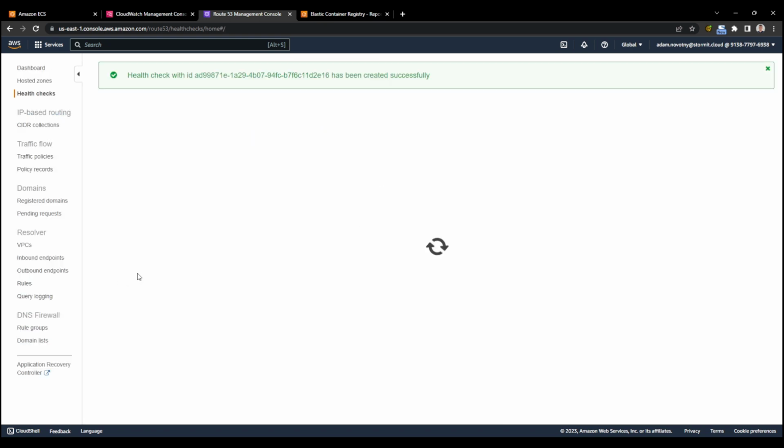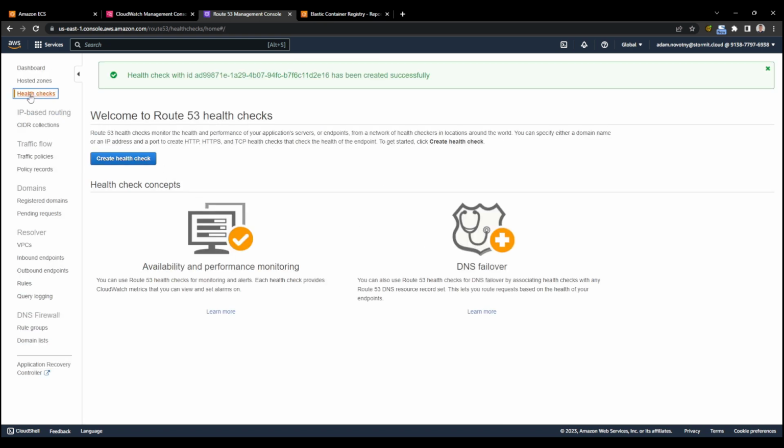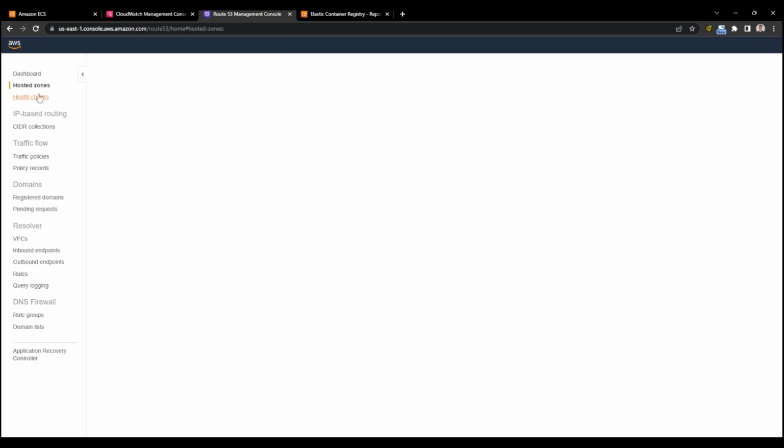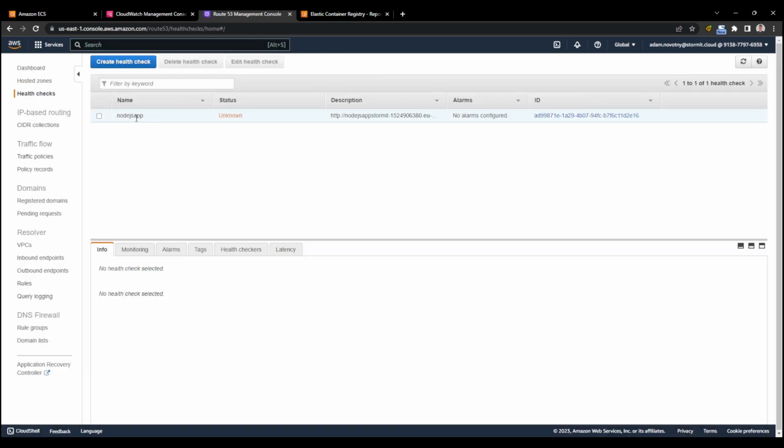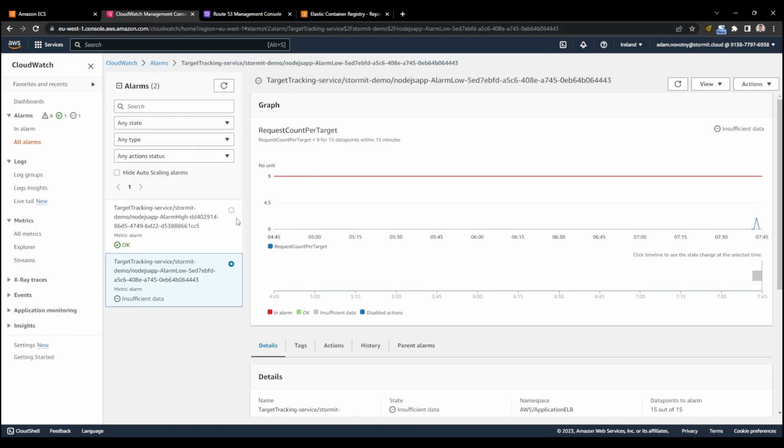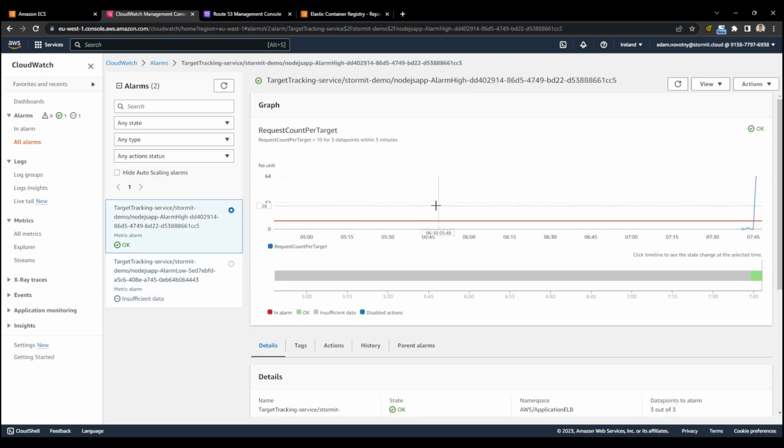So I will create this health check, and we can check in health checks. Maybe try to refresh it once. It will take a couple of seconds till it starts, so I will leave it like this, and we will get back to that. So our health check is running. As you can see, our load balancer is healthy, and we can go back to CloudWatch and check this policy,